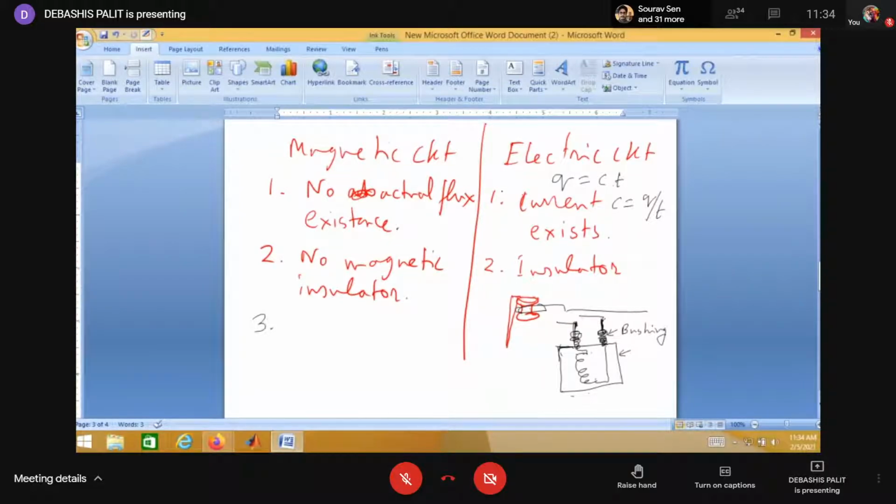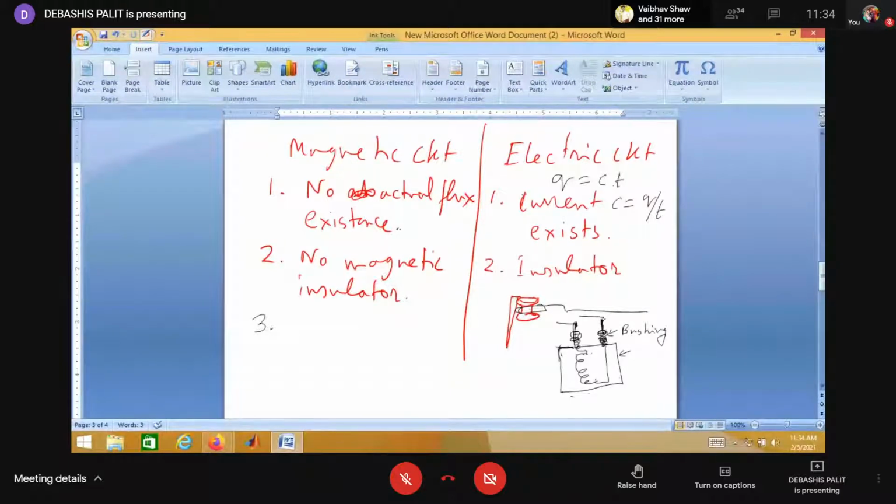But you cannot define the flow of flux just like current. You can define the flow of charge; rate of flow of charge is current. But you cannot define that rate of flow of whatever creates the flux, just like you define a current. So I am saying there is no actual existence of flux; it is perpetual thinking for explaining that a magnetic field is there. So flux is flowing. You understand my point?